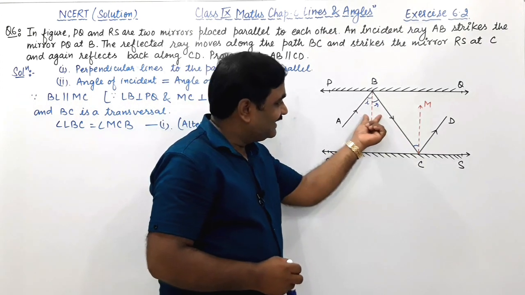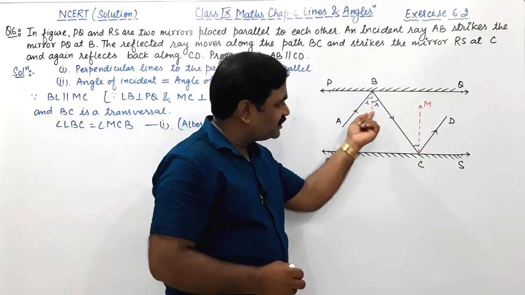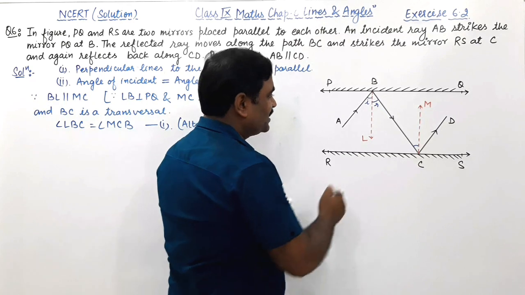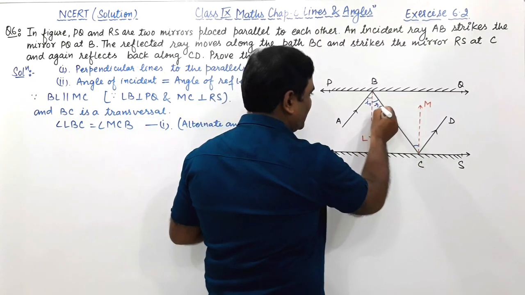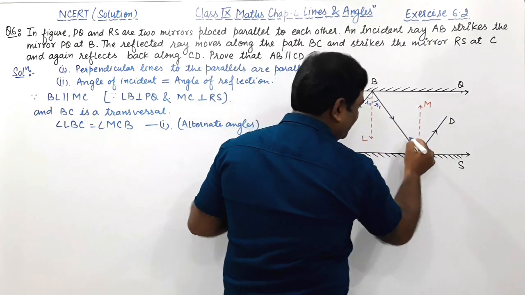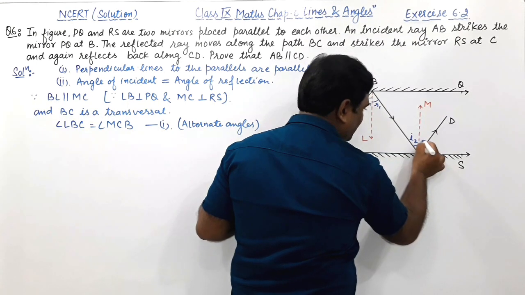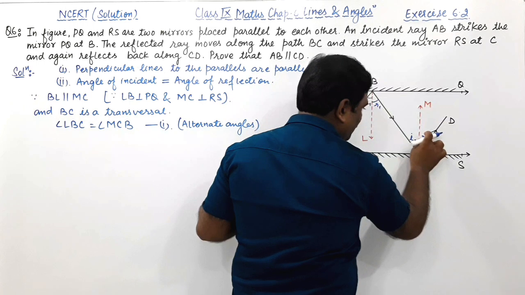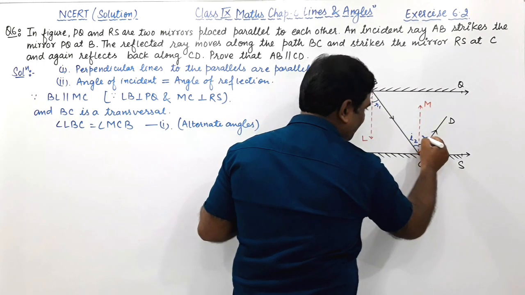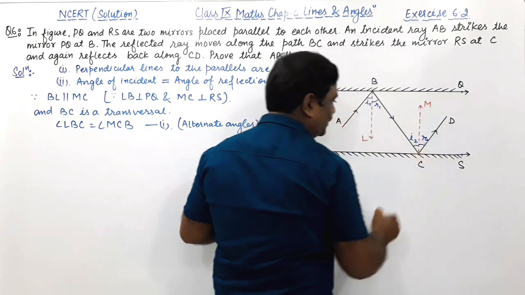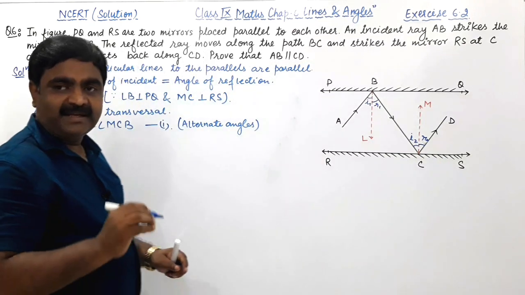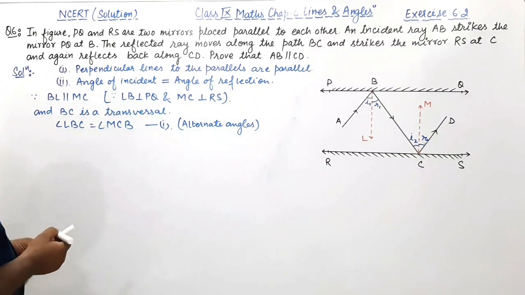Here also the angle of incidence is equal to the angle of reflection. So it is I1, it is R1. So this is the angle of incidence I2 and this will be the angle of reflection R2. Is it clear? This is also an angle of incidence and angle of reflection, isn't it? Okay, so now